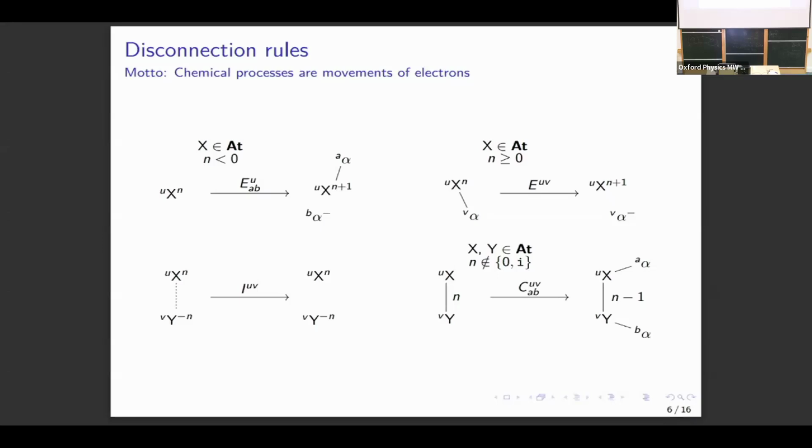So these we didn't come up with these disconnection rules. We just took them from the literature on organic synthesis. We just put them in formal mathematics as partial functions on graphs or local graph rewrites. Okay. So how do we generate this very syntactic disconnection category? We use these rules, and